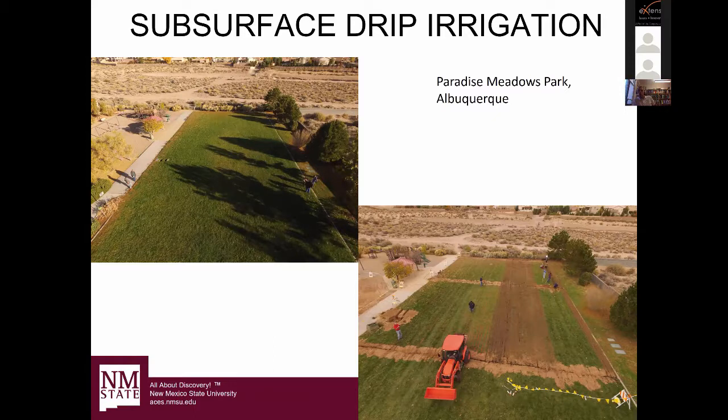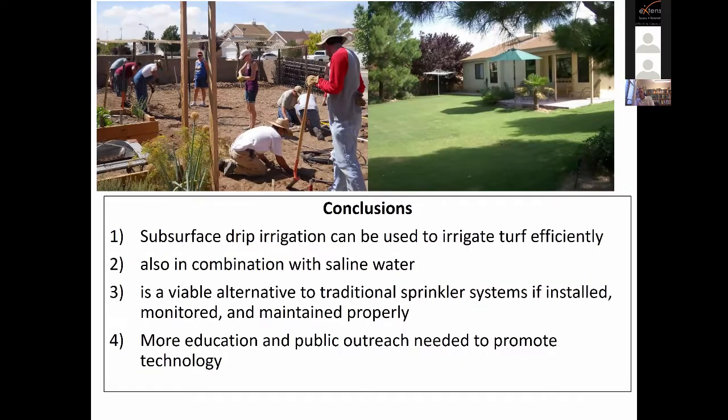Working with Toro here, and a landscape contractor that put the drip lines in place for us. After 1 year, we saw water savings of 30% on the drip system compared to the sprinkler system. So in conclusion, I feel comfortable saying that subsurface drip can certainly be used to irrigate turf efficiently,